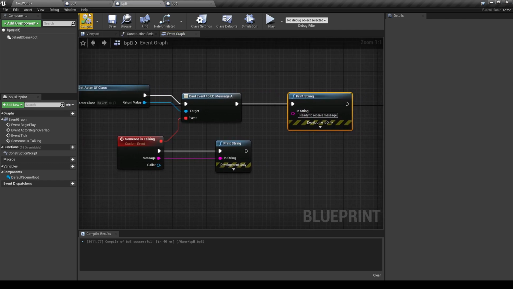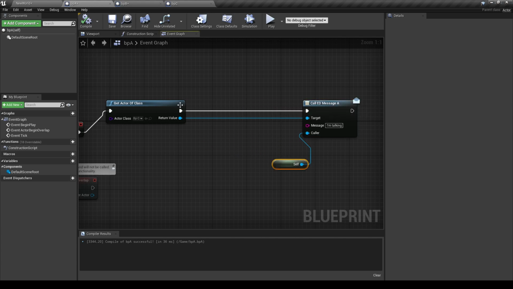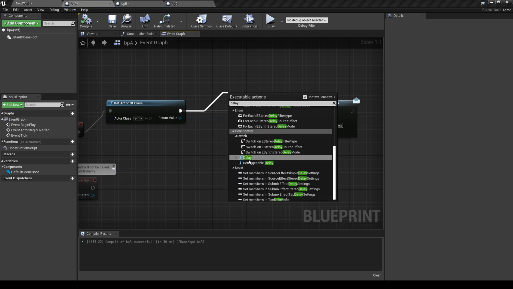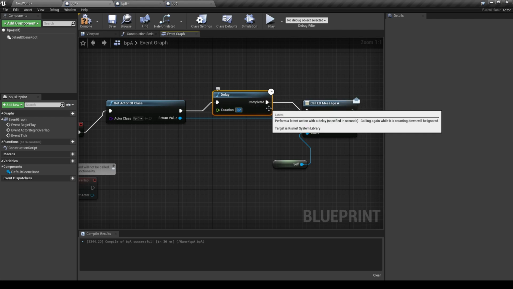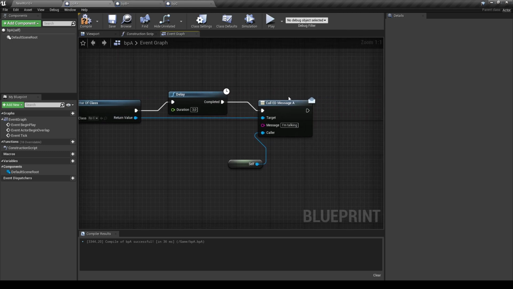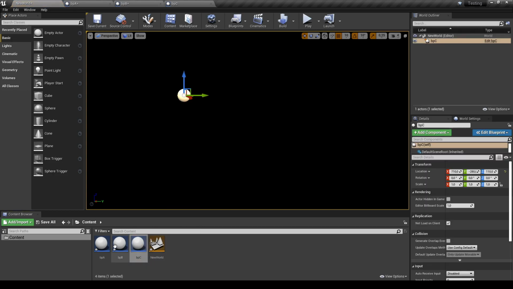Okay, compile. I will just add a last thing here. It's a delay, so we can have time to see the message appear. A 3-second delay. So when I start the game, 3 seconds after, the call to the event dispatcher will be executed. Okay, let's go to my level. I need to add a Blueprint C, which is my intermediary, the Blueprint B that I want to talk to, and the Blueprint A, which is talking. Let's play.